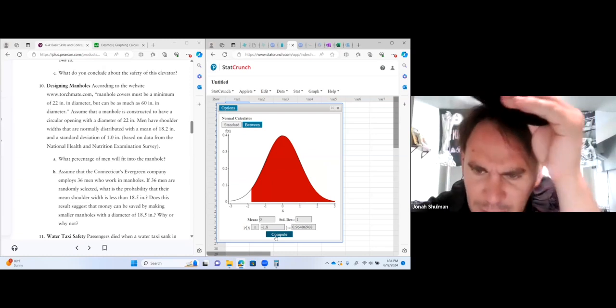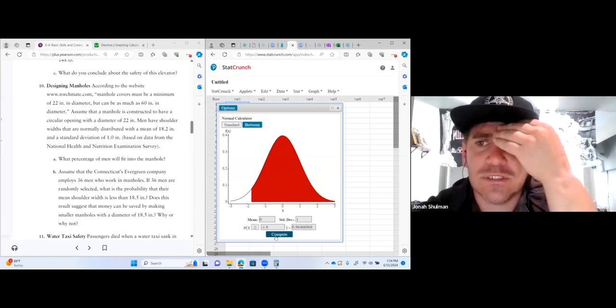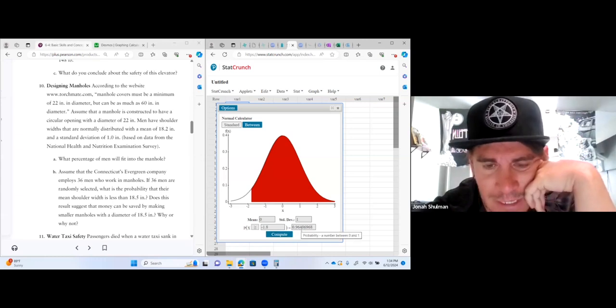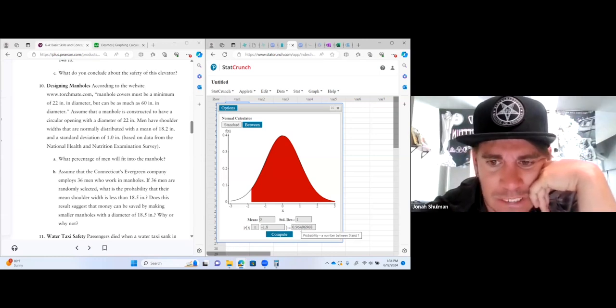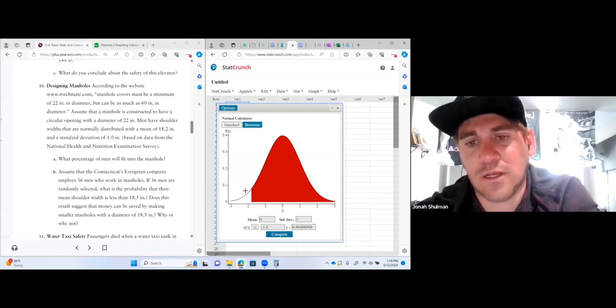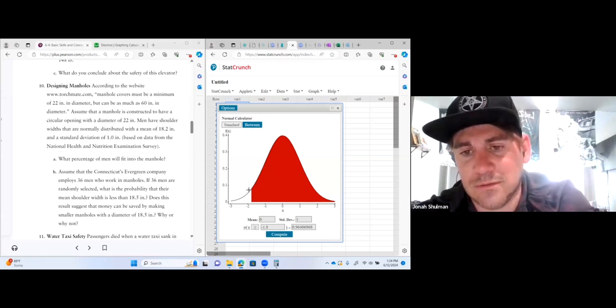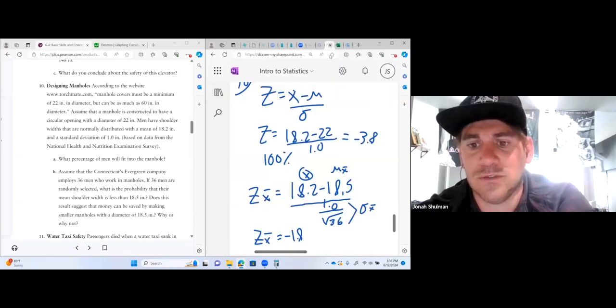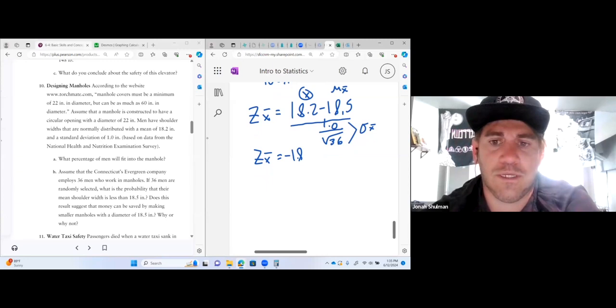We are at 90. Usually it's 0.05. I got 96% here. I got 96%. I'm going to say do it. I'm going to say save the money. We're only talking about 5% of people not being able to fit into this thing. I like it. As long as it's more than 0.05, I'm going with it. So that's my answer. That's my reasoning. We ended up with 96%